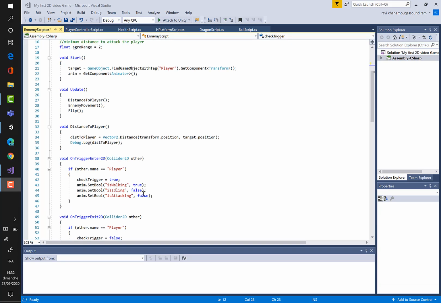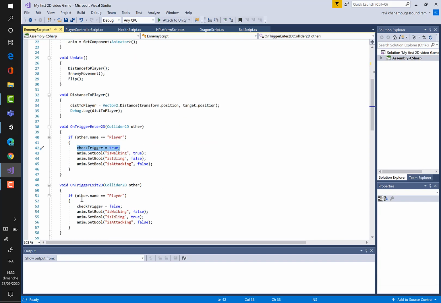To code that, we have to create a method which is OnTriggerEnter2D, and as a parameter we'll put other, which will represent the player. So each time the player goes inside the box collider 2D, the check trigger variable will take the value of true, and each time this same player exits this huge trigger, the check trigger value will be false. So if the check trigger is true, the enemy, I mean the knight, must walk,